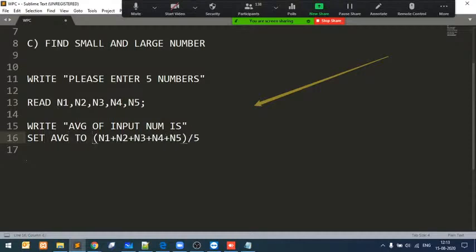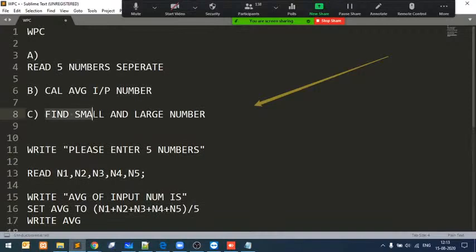It means whatever the calculated data is will get stored inside avg. Now WRITE avg, so I will get the average number. Chalo, now we have to go with some extra things, that is task C: find the smallest